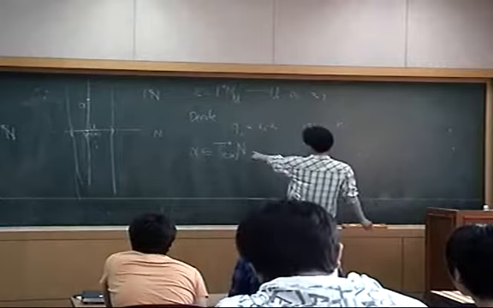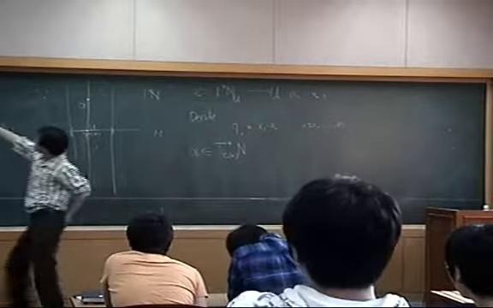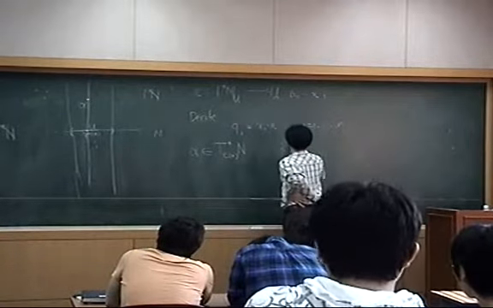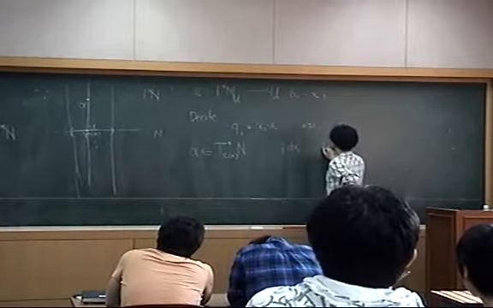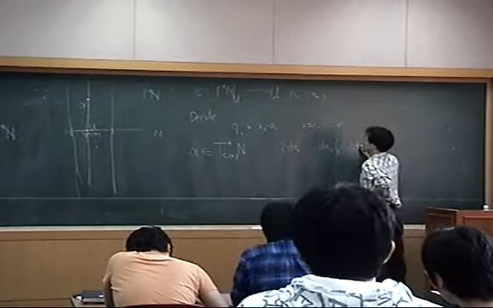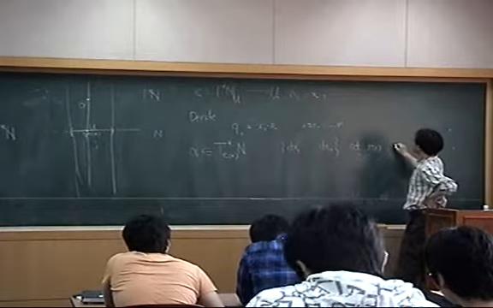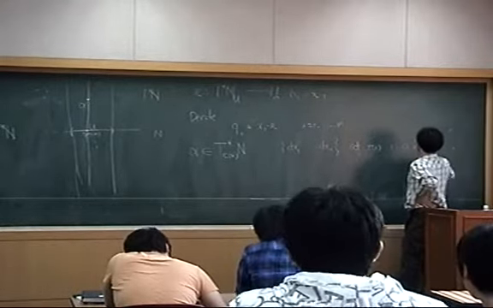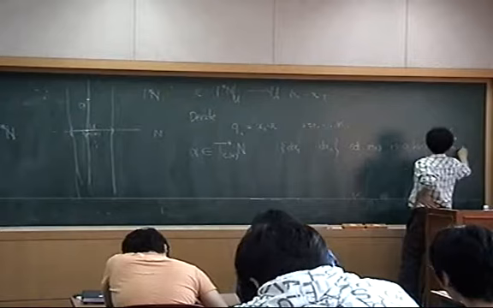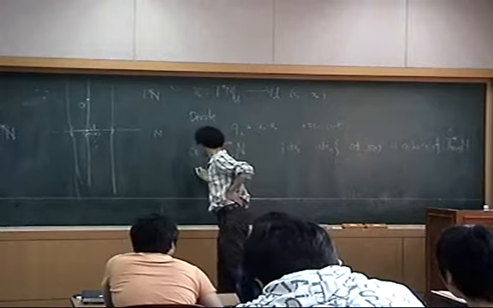It's a one-form. But dx1, ..., dxn provides a basis of this cotangent space at π(alpha). So therefore, hence